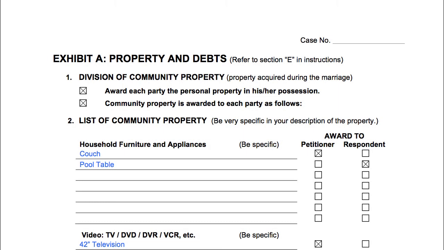This Exhibit A picks up where the consent decree left off. After you've signed and notarized the consent decree and submitted it to the judge or commissioner for signature, you'll be ready to go. But before you do that, you need to attach your Exhibit A, which is a division of